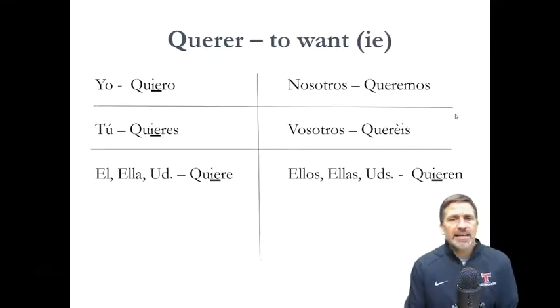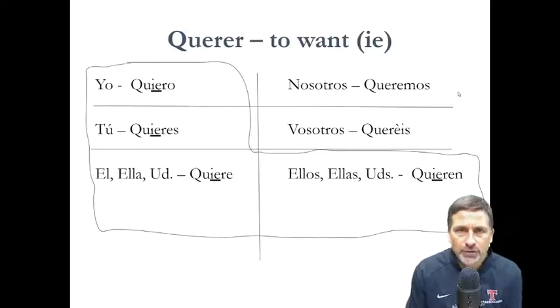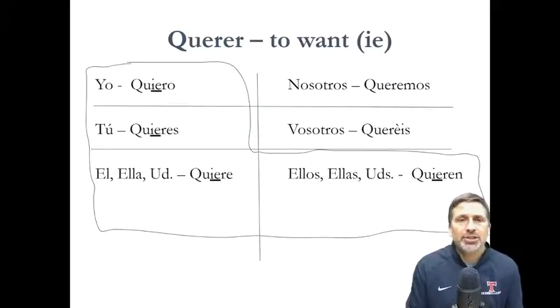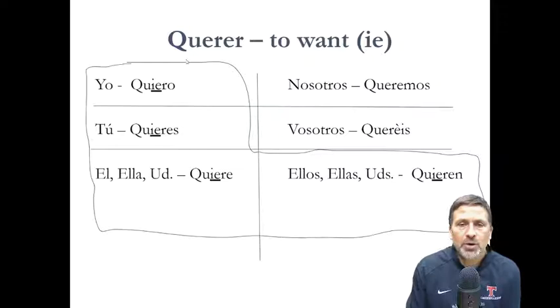Next slide. Querer, to want. The E changes to an IE in all forms except for the nosotros and the vosotros form. Okay, so for example, take a look at this diagram. This is a shoe verb. This is a boot verb. And this is kind of a study strategy that you can use to study these irregular verbs. I will say, that's a shoe verb, and then you know that the nosotros and the vosotros forms are regular, meaning that there's no stem changing things that happen in it.